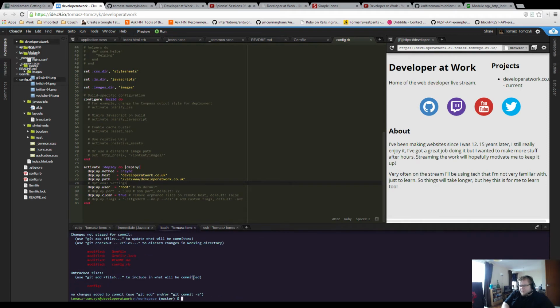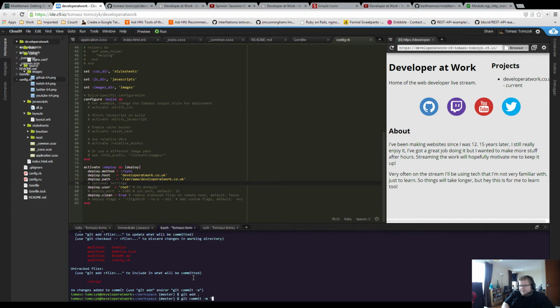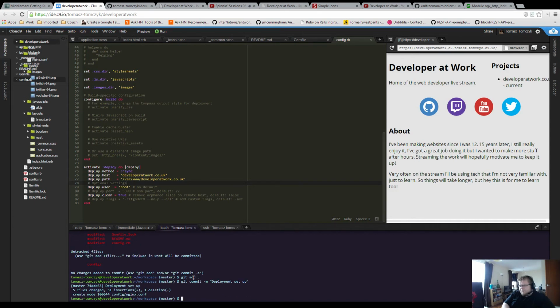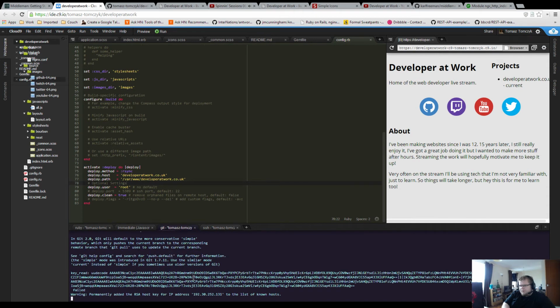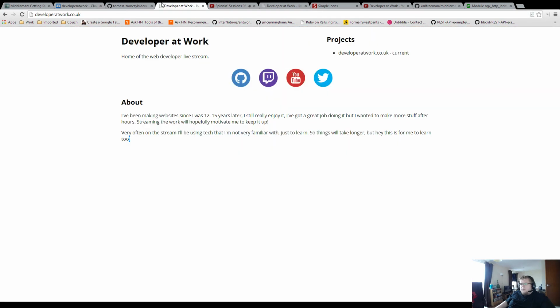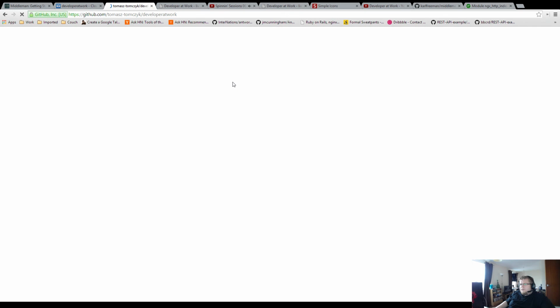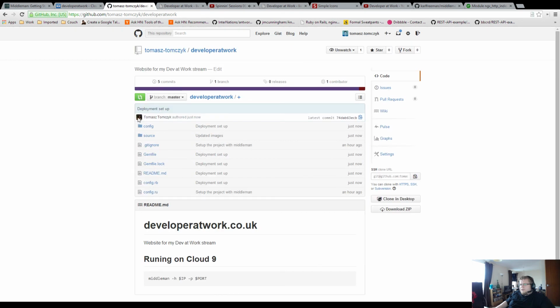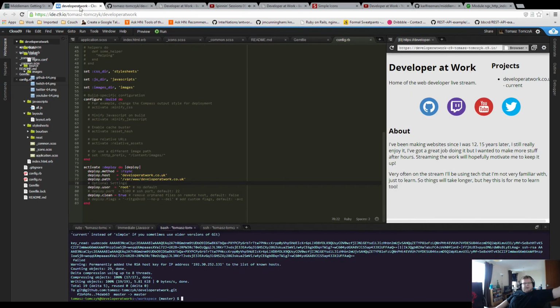Now a separate commit for the deployment and config. Cool, git push. So that's live now. That's ready. Brilliant. That ends the first part of the stream.